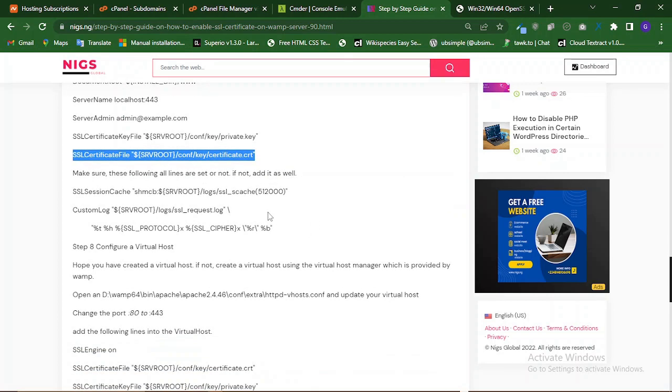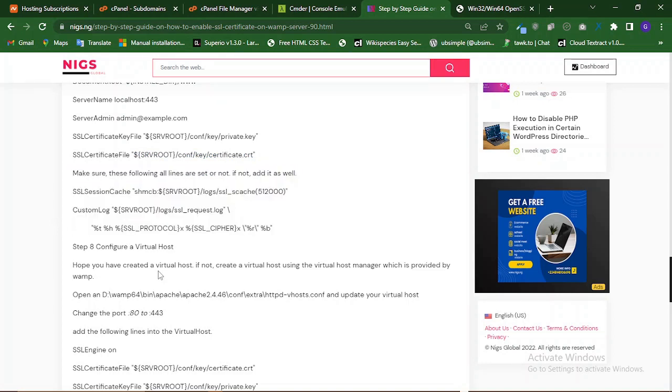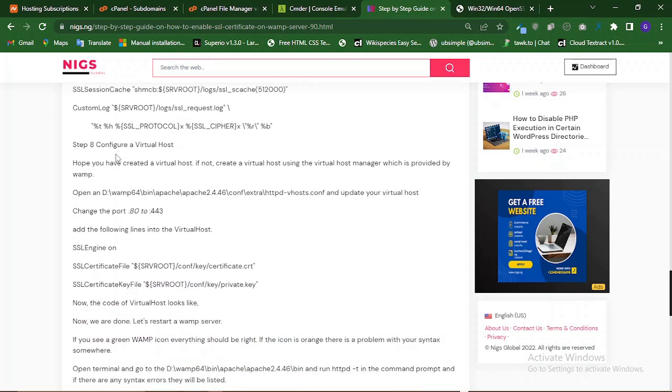Be sure of everything. Whatever you're seeing on my screen, do it the same way as I'm showing. Like everything you're seeing, if there is any mistake, it won't work. You have to be sure of everything. Now leave this particular configuration, this one, it should be there by default. Just leave it so that you won't tamper with anything. Now the step 8 says that we should configure our virtual host, and to do that, you open up this part